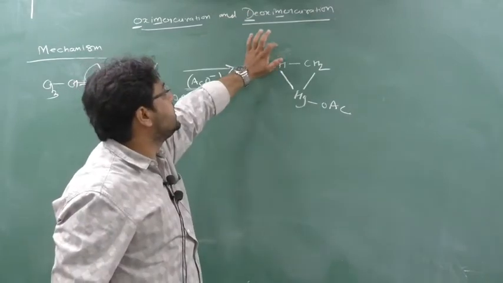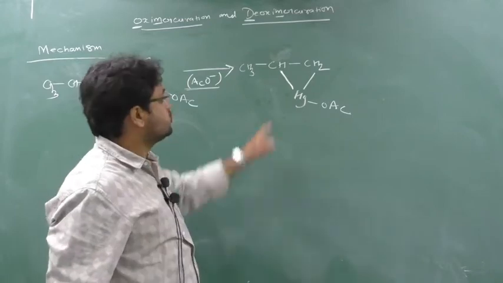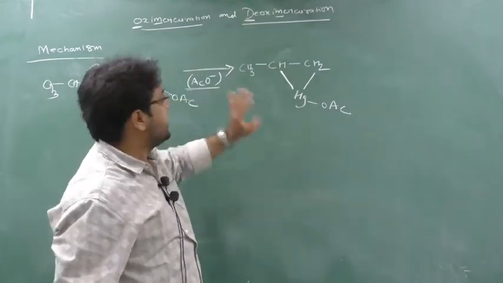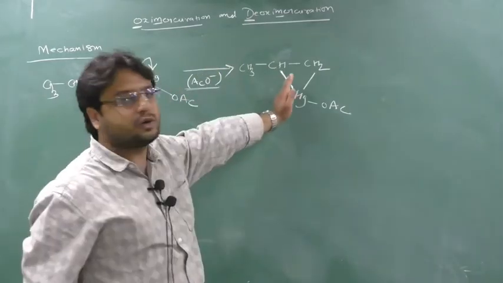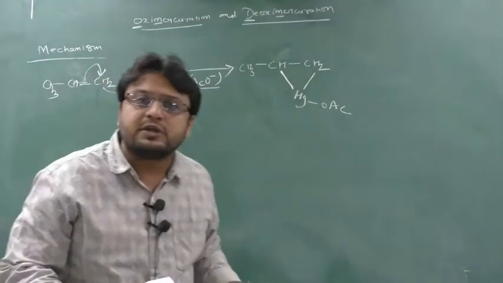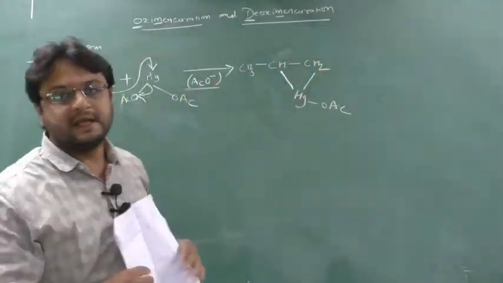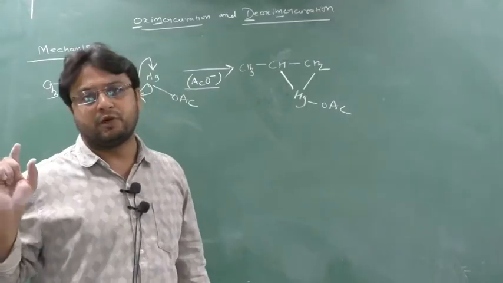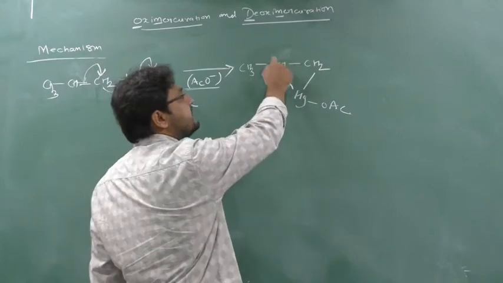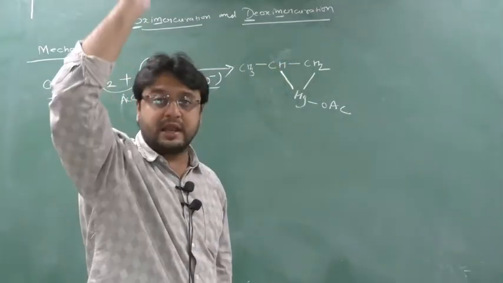Plus charge means he is in need of an electron, and Hg is having the extra electron because it is a higher metal. So suddenly he will make the reaction with what? That carbocation CH plus. That means actually this occurs in nanoseconds, which means there is actually no formation of a carbocation here. Just for your understanding I am forming the carbocation. That's why in the last step I told that rearrangement is not possible. Here just the plus sign will be shown, or the carbocation will be formed only for a nanosecond, less than a nanosecond